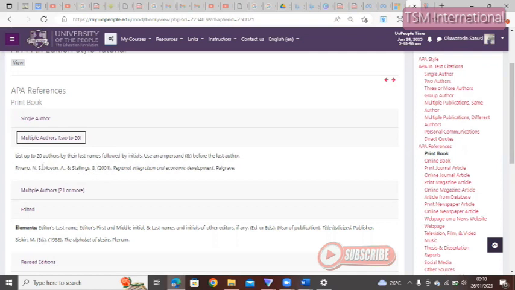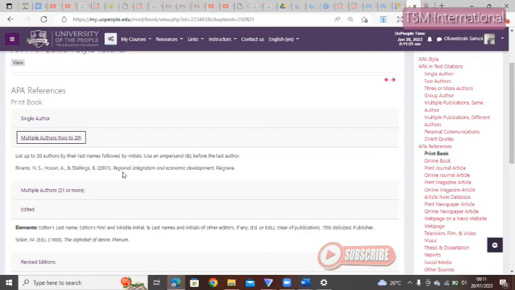So you can see in this example you have just 3 authors. If it is 2 authors, you write the name, Rivano, N.S., and Hussein. You get it now? But this is 3 authors, so they wrote it. So you list all the authors: last name, initial, comma, last name, initial, comma, last name, initial, comma, and